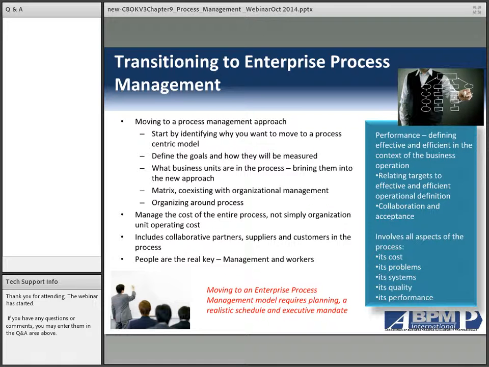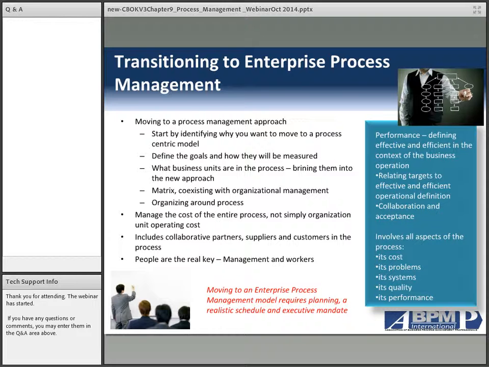Moving to enterprise process management, because of the holistic view and because you're now crossing organization lines, crossing function lines, and you may be going inside and outside of the company to suppliers and collaborative partners, in order to pull that together, it really has to start at the executive level. And so the first foundation element is the ability to bring the executive management and senior board into agreement with the approach that we want to take.